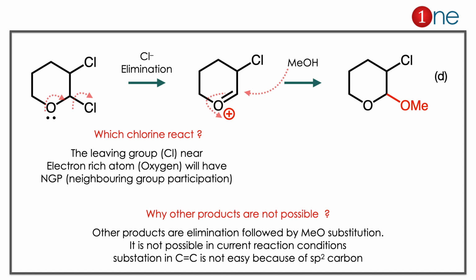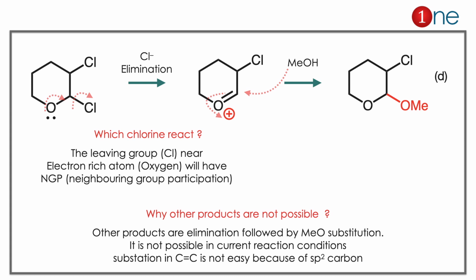Here if you look at the starting material, you have 2 chlorines. Your question is really about which chlorine reacts. Both chlorines can react, but the second chlorine has the advantage because it's near the oxygen, which contains a lone pair of electrons. The lone pair can donate, and chlorine leaves. Even though chlorine is a very good leaving group, it needs a little trigger. The trigger is coming from the lone pair of electrons. So the chlorine leaves and you have a stabilized system. Then methanol attacks, and you have the final product, which is D.